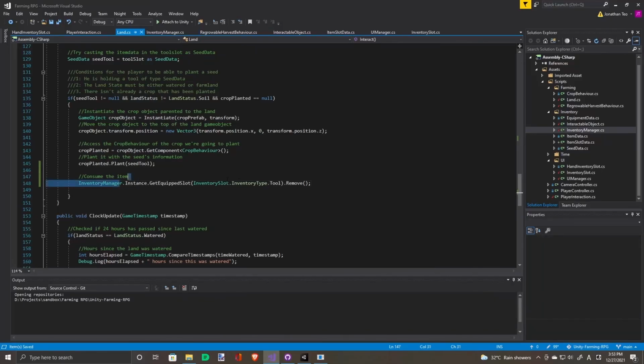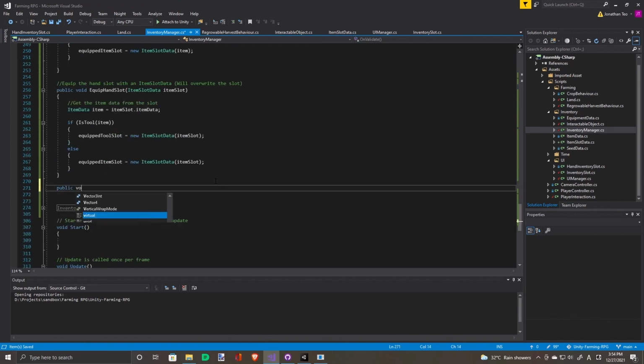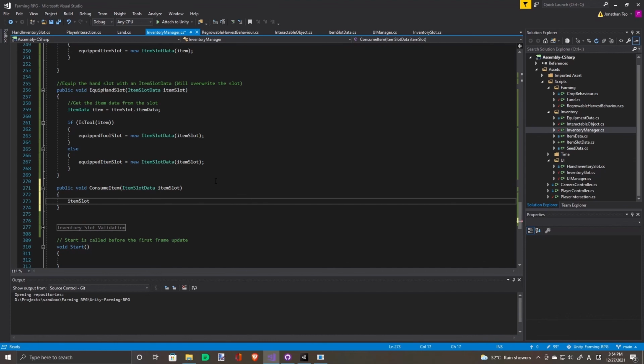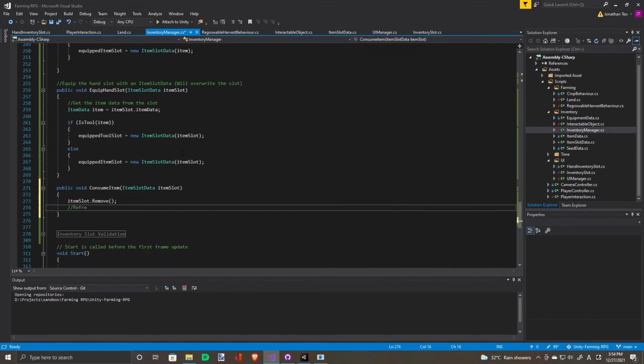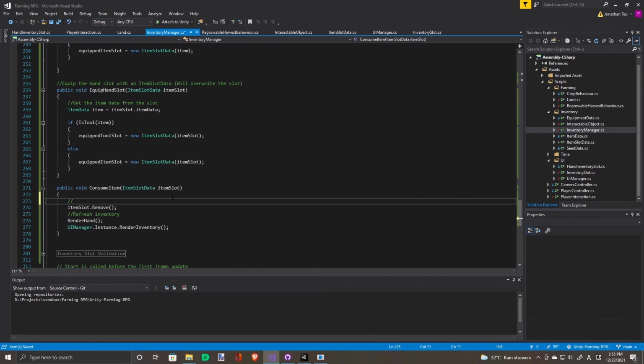So instead of directly calling it like that, let's make a function to handle the consuming of the item. So we remove. But of course, we also have to check if it's null.